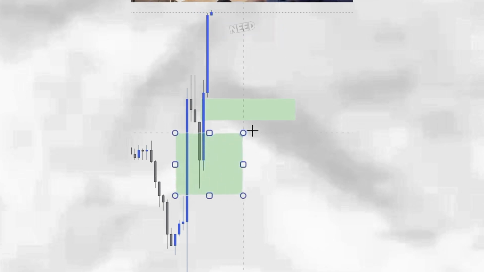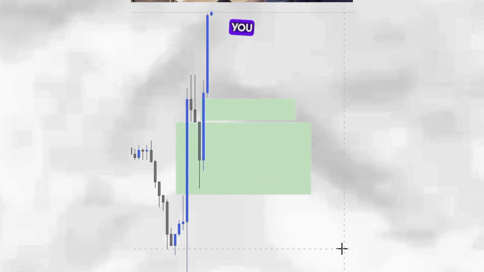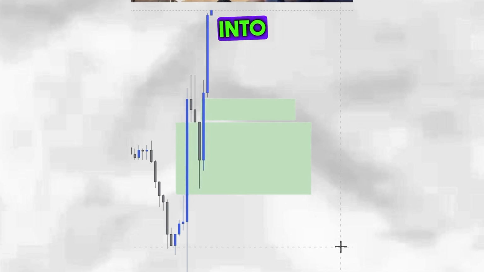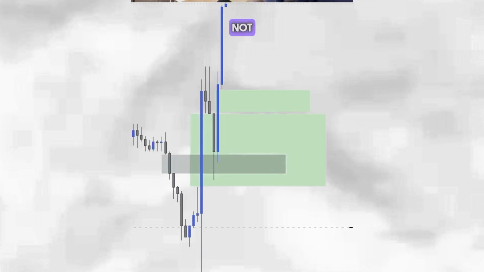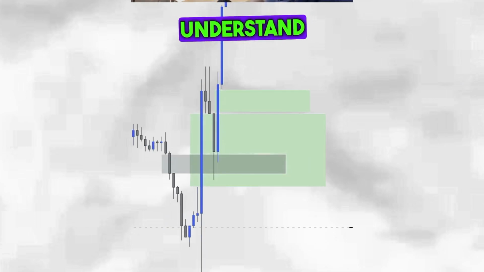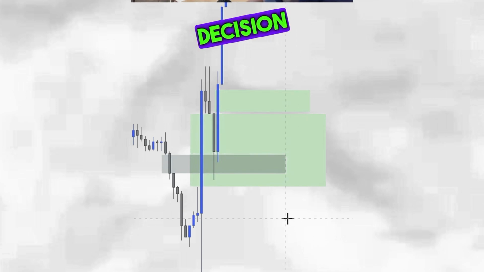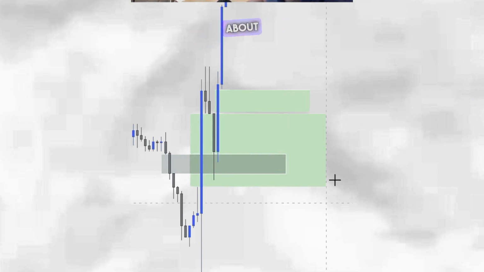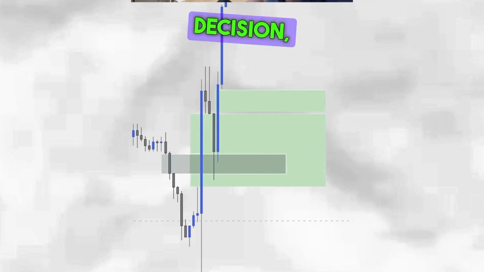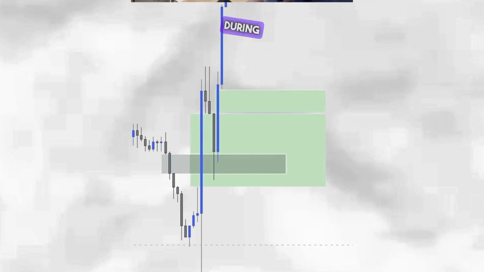And one other thing that you need to understand is even when you are 5 years deep, 10 years deep, 20 years deep, 30 years deep into your trading career, you're still going to make plenty of mistakes. So if you're not where you want to be yet, just understand that this is a process that takes time, and you are the only one that can create the legacy for yourself. So it's not about making sure that every decision you get has to be right. It's about making sure that when you've made the decision, even if you're making mistakes during that,